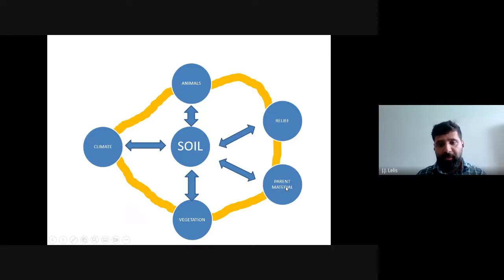So parent material could be rocks, could be sediments, could be organic matter, any kind of material that could be weathered, leached, and mixed by soil formation factors and soil processes will be the parent material of soil. Okay, and of course, we can understand very easily that when you form a paleosol,